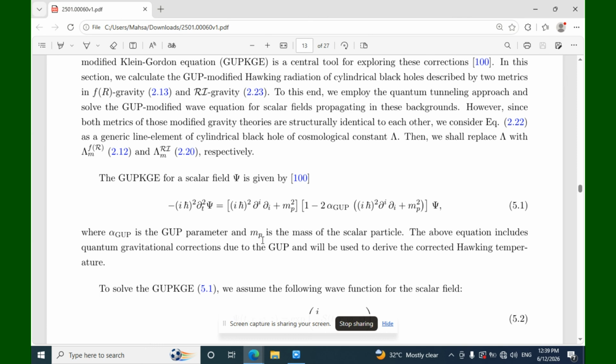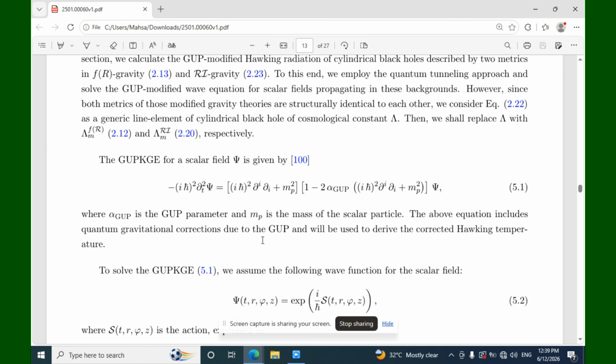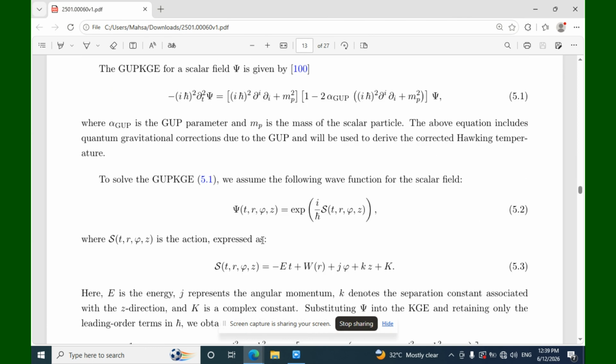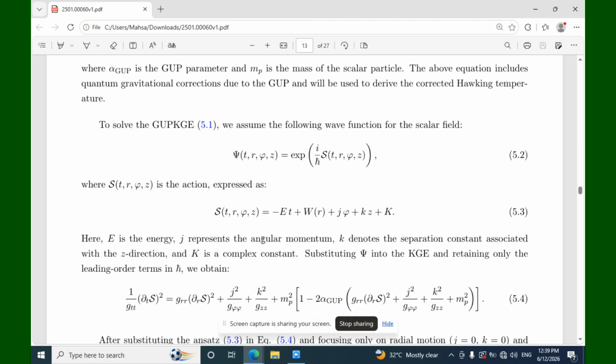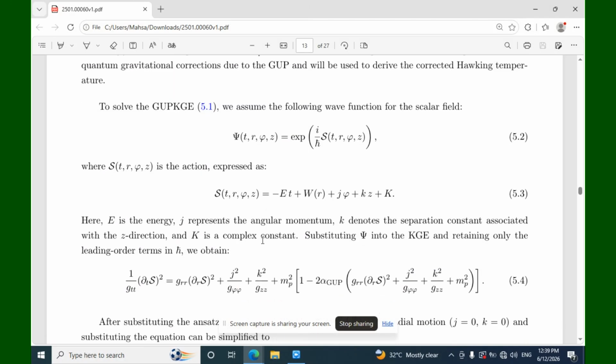The above equation includes quantum gravitational correction due to the GUP and will be used to derive the corrected Hawking temperature. To solve the GUP Klein-Gordon equation, we assume the following wave function for the scalar field as this equation where